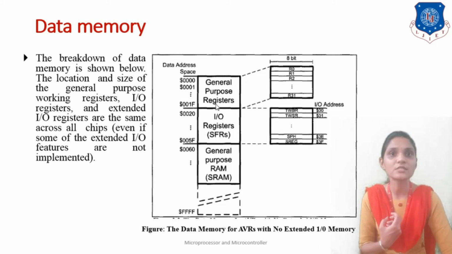Okay, so this is the general purpose register, this is the IO register, this is the general purpose RAM, and so on. If you consider this general purpose register, then in extended way you can see it has a total of 32 registers. For the IO register, if you see it in extended way, then it will have some IO registers that are used for the IO operations. Okay, so that will be listed over here. Then you can consider it as a RAM.